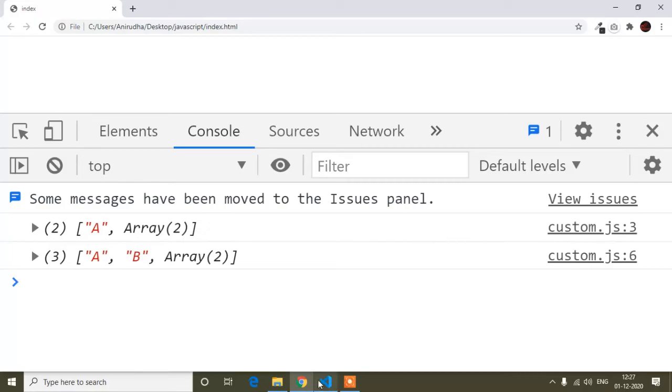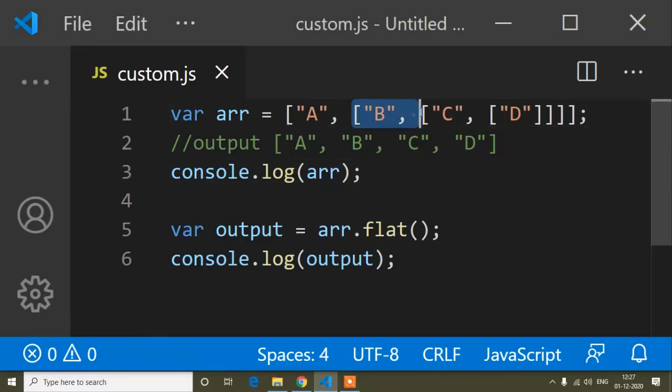Here you can see b is level 1, c is 2, and d is 3. So there are 3 sub arrays, but I used one flat method.